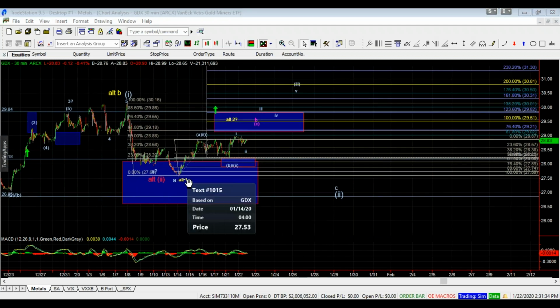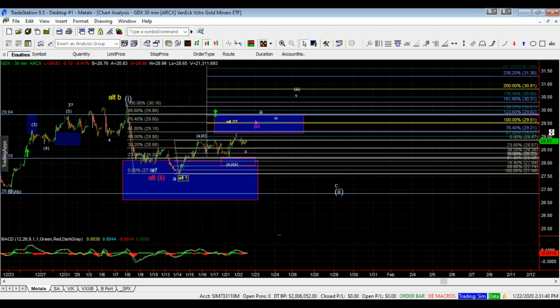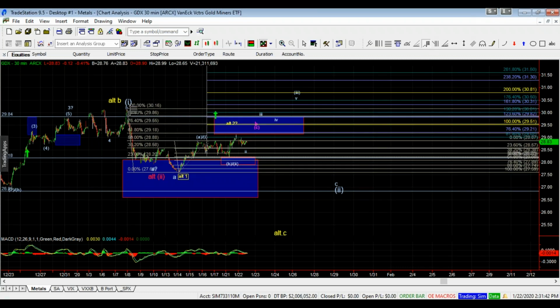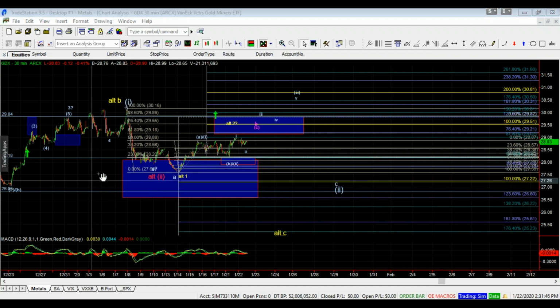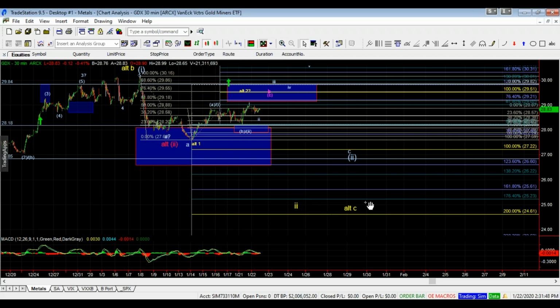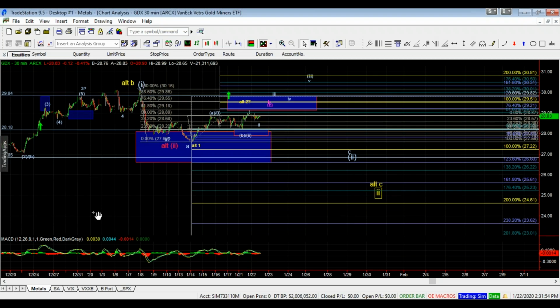Here under that alternate B, we'd have a wave 1 down and a 2 up under this yellow path, and that would then project down, depending on how high that second wave got. It will project down towards the 25 to 2460-ish zone,